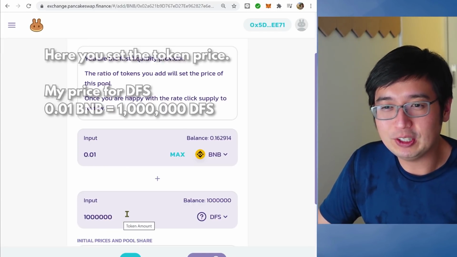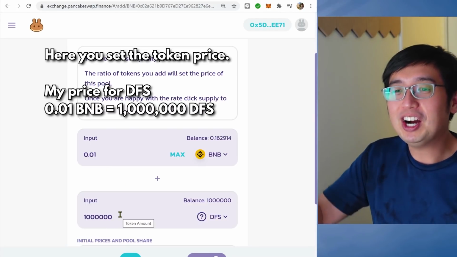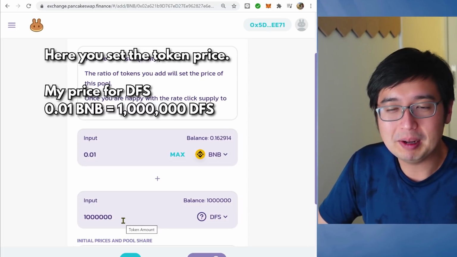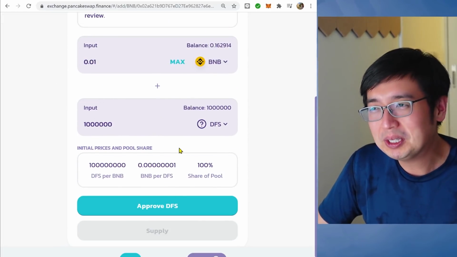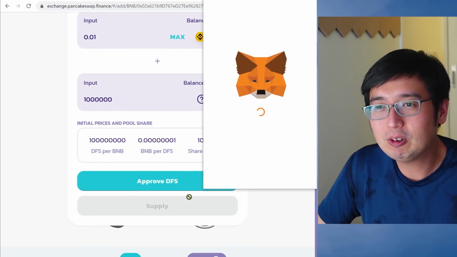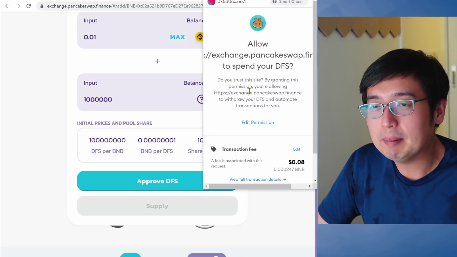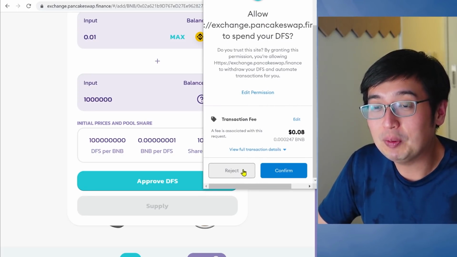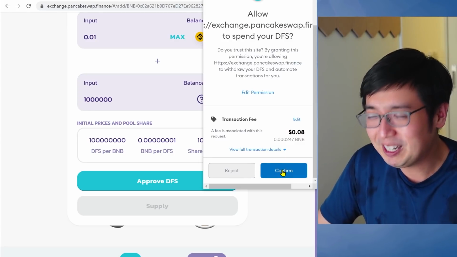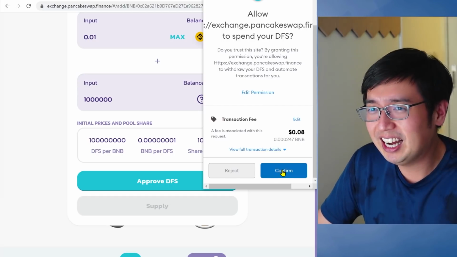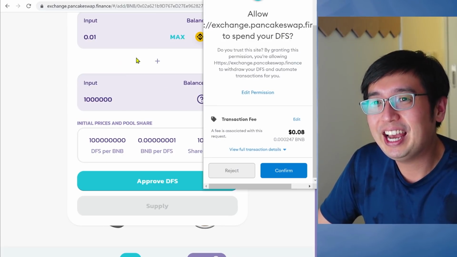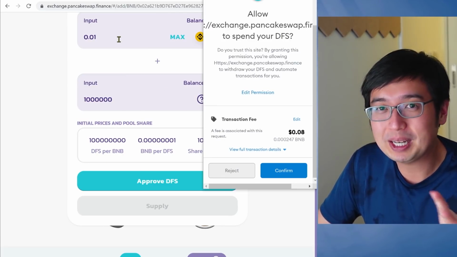So I'm pretty much providing all the tokens I have available. You don't really have to do that. You can put any amount. But if you want to buy all of the Dan fans, it's going to be very affordable. Maybe I'll make a better cryptocurrency in the future, but I don't really need this one. So I'm going to approve DFS. It's going to open up MetaMask and ask me if this is what I want to do. It's going to cost 8 cents to provide liquidity to this market. So I'm spending less than $10 in all, especially with setting up the token and the fees here, and becoming a liquidity provider.